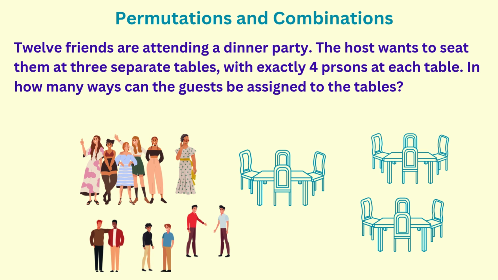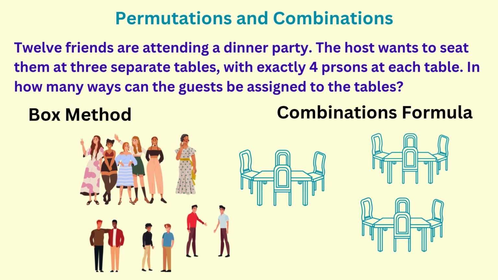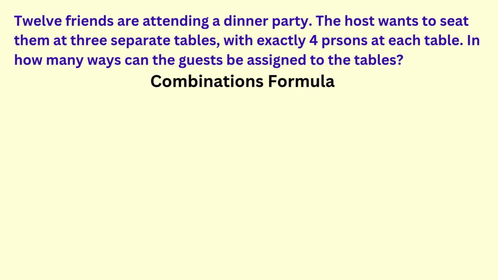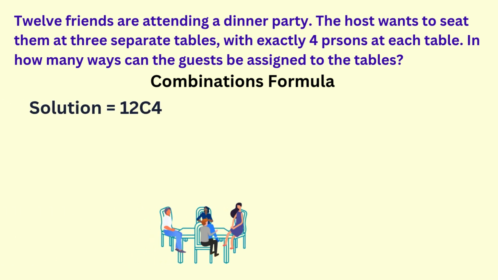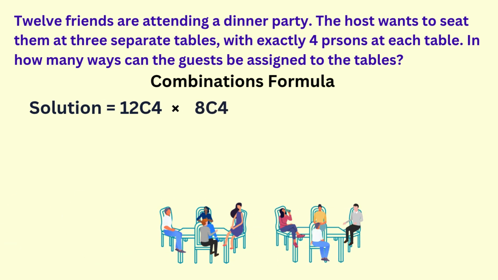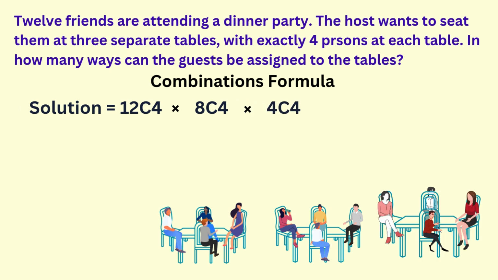This makes it a combinations problem, which again can be done using the box method or the combinations formula. We'll use the formula. Let's choose the first group of 4 persons. That's 12 choose 4. From the remaining 8, choose the second group of 4. From the final group of 4, we choose all 4 to be seated at the third table. So, to get the total number of arrangements so far, we can use our calculator. 12 choose 4 is 495, 8 choose 4 is 70, and 4 choose 4 is 1. So we get